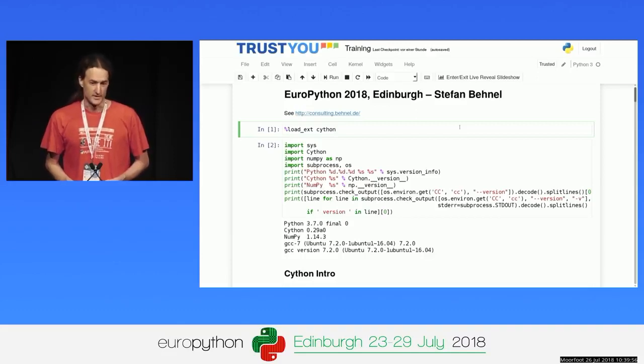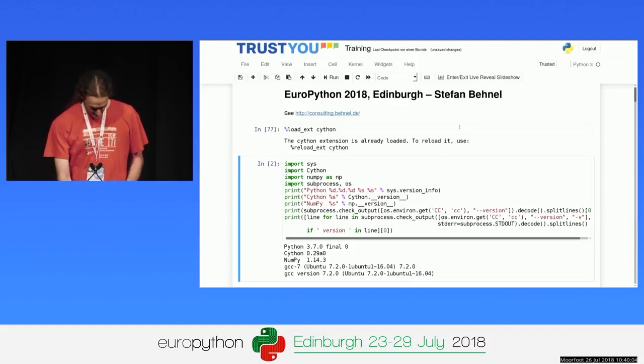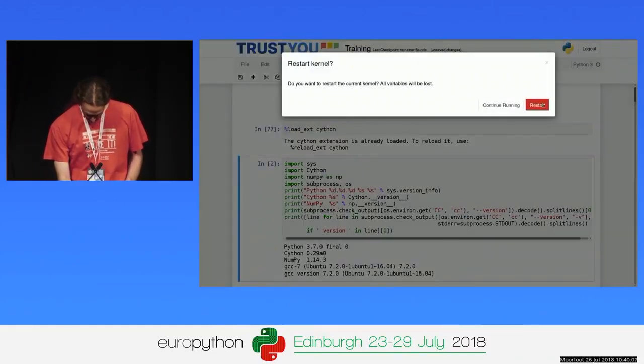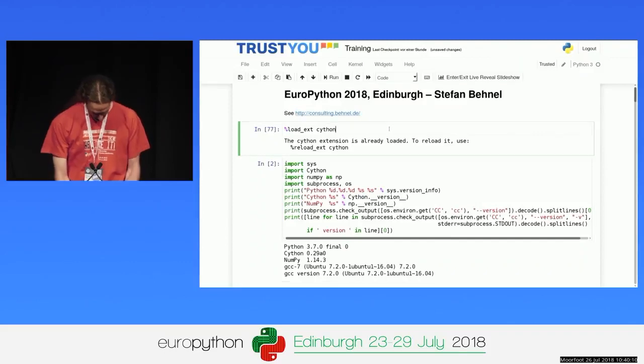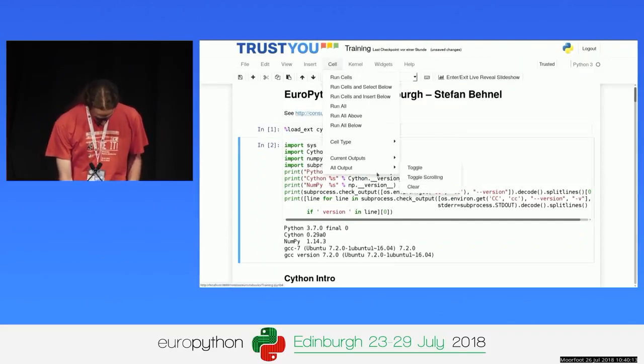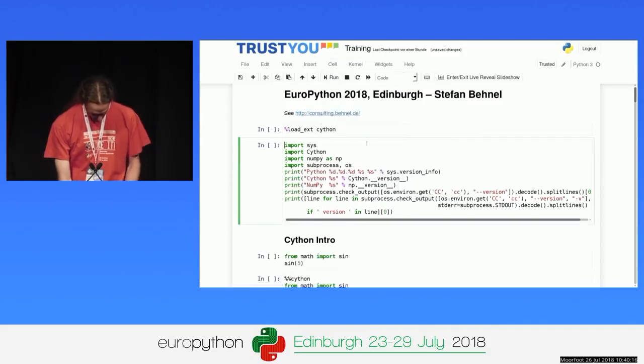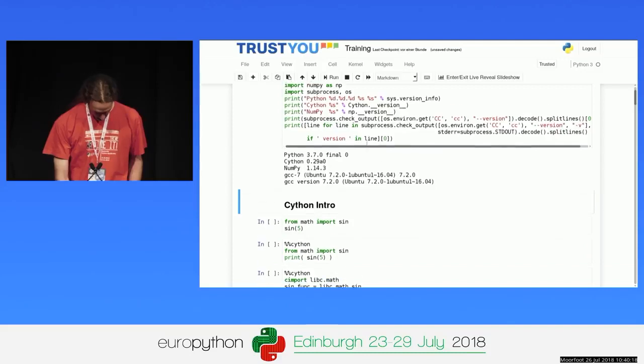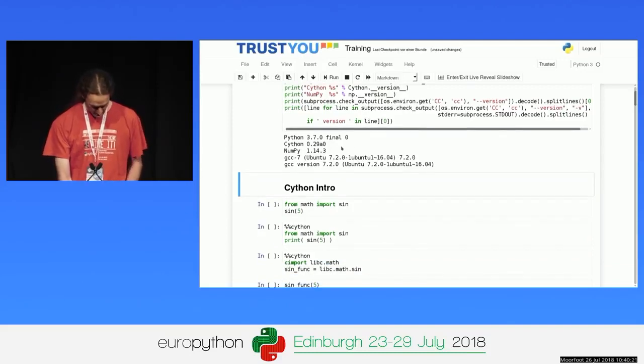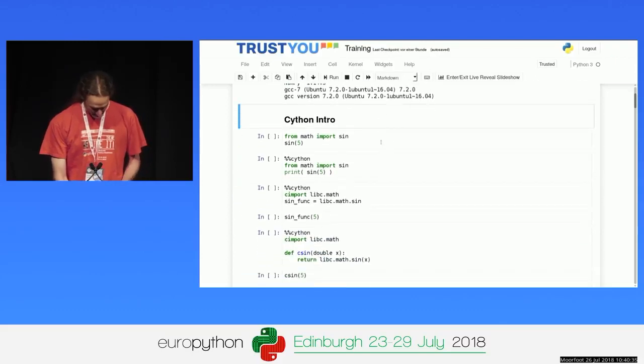And one of those languages is Cython. All I have to do in Jupyter to make it support Cython is load the Cython extension. And I should restart my kernel to show you that it actually works properly. There you go. Clear the output. Okay. And then just a quick overview of what I'm using here. Latest Python release, latest unreleased Cython. Yeah, I'm a core developer, so I can take the risk of using an unreleased Cython version in the talk. Some NumPy version, GCC 7.